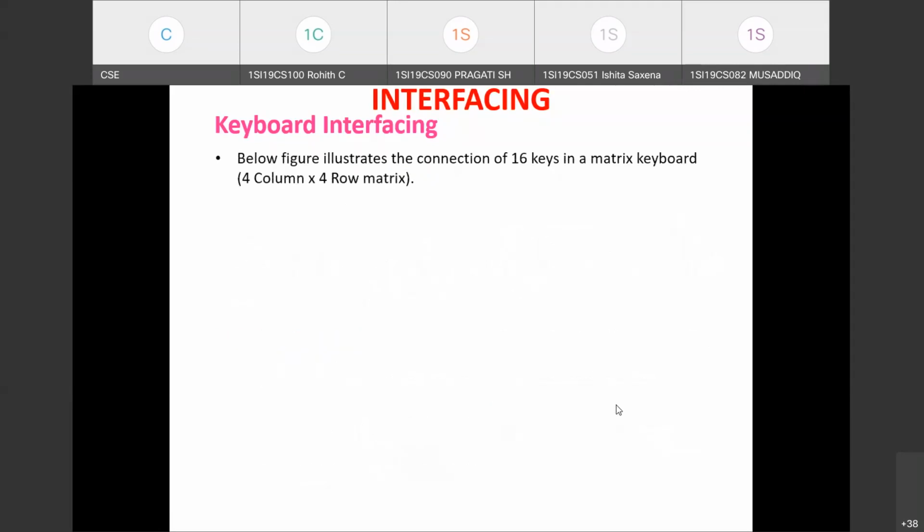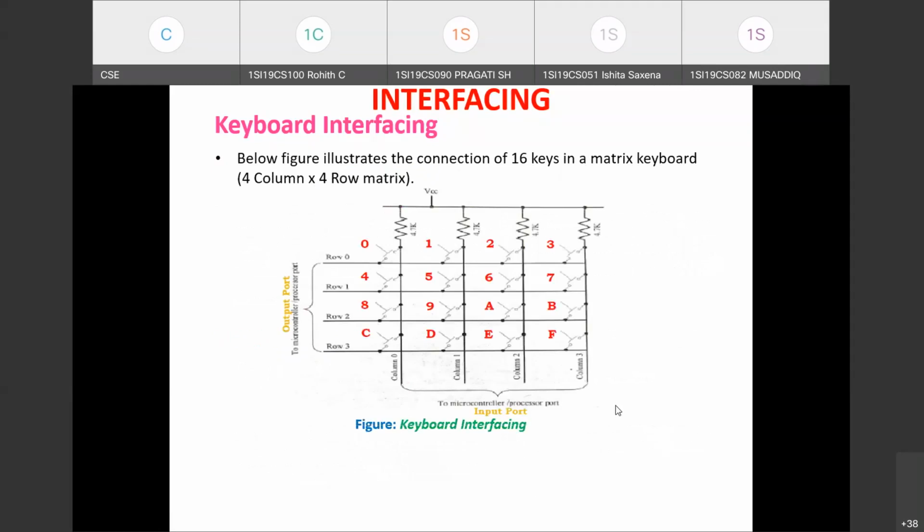Now we shall discuss this 4x4 keyboard interfaced to the microcontroller. This diagram shows the interfacing of a 4x4 keyboard to the microcontroller, and you can see here the column lines. The keyboard, as I told, is a 4x4 matrix.